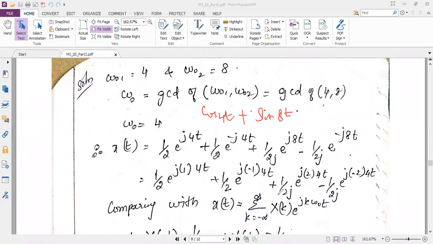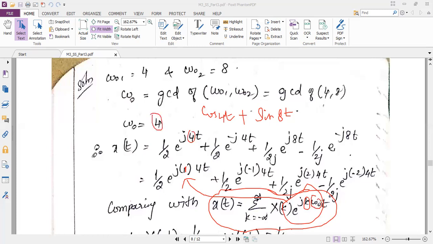So we have just expanded it, and after expanding, I told you my standard equation has k in it. I will just show you the standard formula. X of t is equal to the sum from k equal to minus infinity to plus infinity of X of k e power plus jk omega naught t. If I compare this e power term with the first expression, in place of k I have the number 1. This 4 I have not disturbed. Why? Because I found omega naught is equal to 4. In place of omega naught, I already have 4 here, so I will not disturb it. I hope you can follow it.